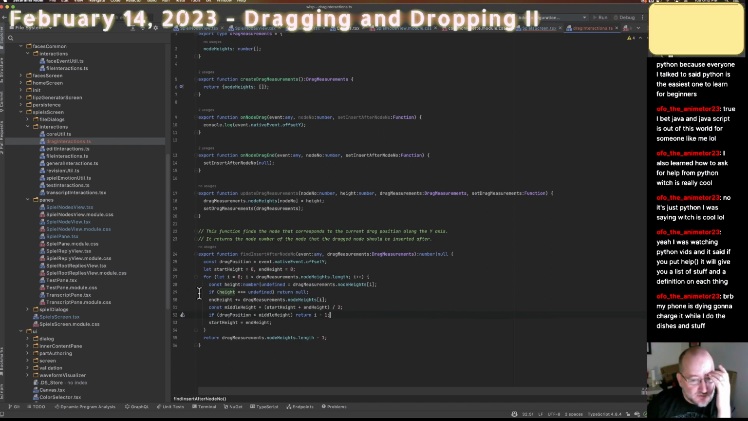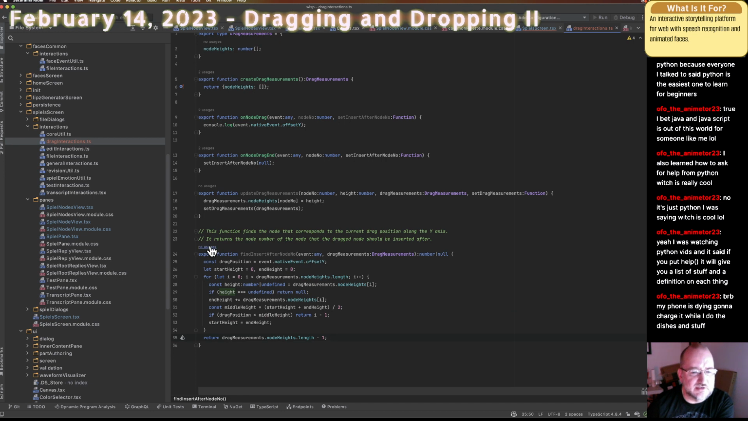Okay, so then as we go through, yeah, it circles through, and at the end of it, say your drag position is past the middle height of the very last node, then I just return the length here. Okay, there is one more aspect to this, which is